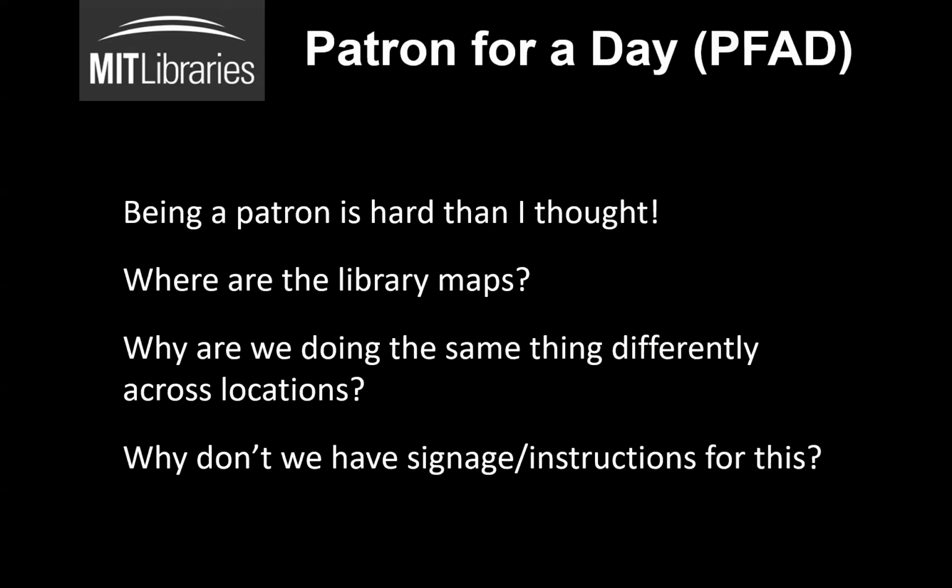So things like inconsistent or non-existent signage, differences in how the same material was arranged in each library. Are our journals arranged by title, or are they arranged by call number, for example? And while addressing those issues was a multi-year undertaking involving lots of people and lots of different groups, one thing that was really important in that process was that we were able to ground and prioritize some of those space changes on observations of actual people in the space rather than on opinions. And that was a huge piece of it that stuck in my mind.